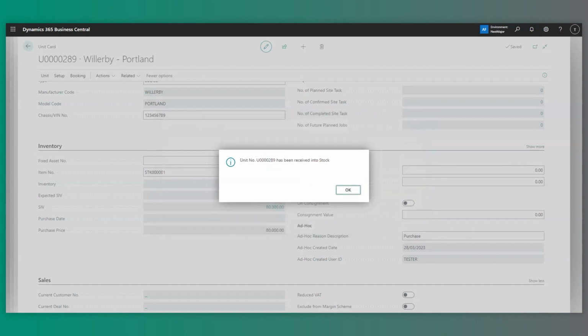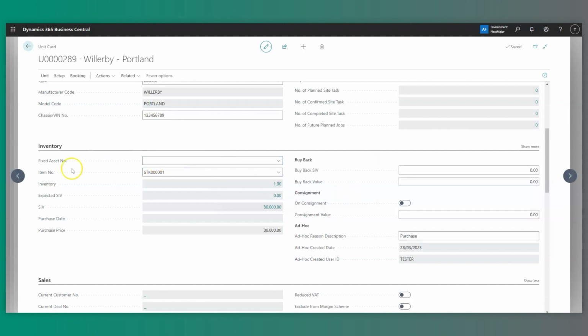We can now confirm, and you can see that this unit has been received into stock. And we now have an inventory of 1 for this unit. As we toggled on the auto post in Park Management Setup, the system will have automatically posted an item journal for the purchase. To see the invoice lines, simply click on Unit in the ribbon and Purchase Invoice Lines, where